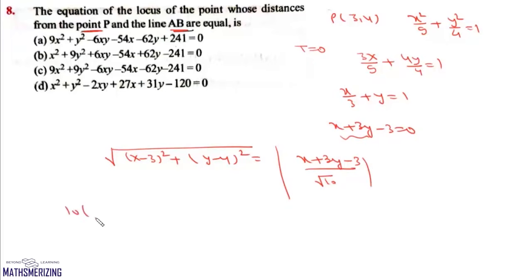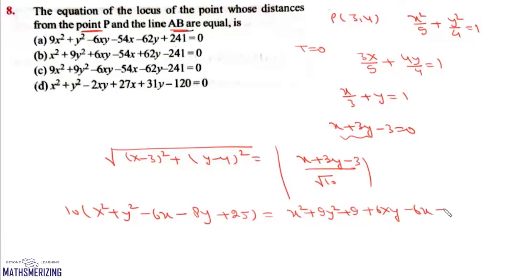So we'll write 10, and it will be x square plus y square minus 6x minus 8y plus 25, and it will be x square plus 9y square plus 9 plus 6xy minus 6x minus 18y. So we'll get this equation as 9x square plus y square